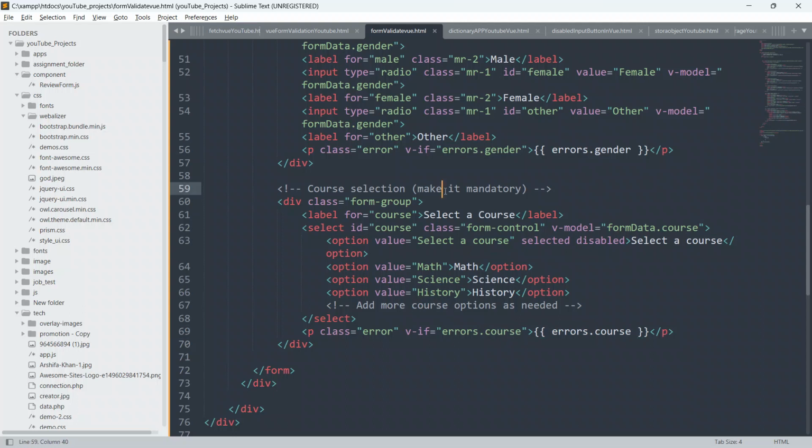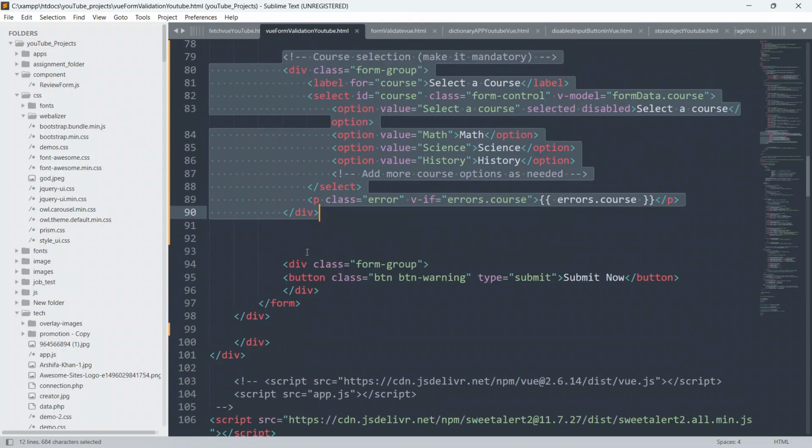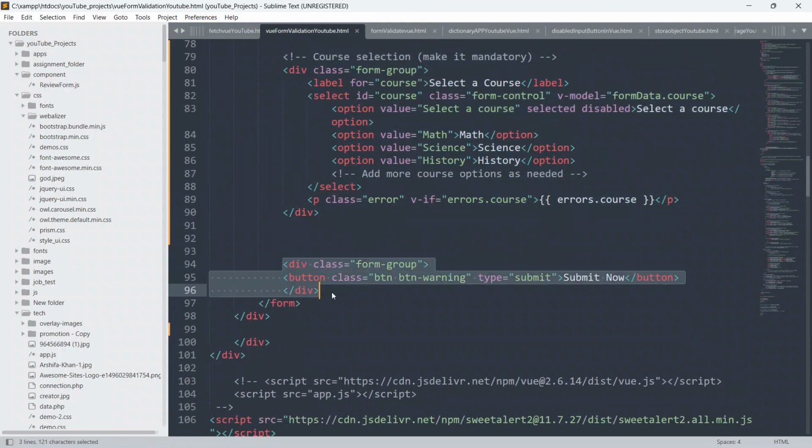So this is a mandatory field, you have to choose. You have to fill all the input fields, all the select boxes, all the radio buttons on the form, then only you will be able to hit the submit button, and then only your form will be submitted. Okay, so now I am gonna copy the button also from here. So just copy this button here. I will explain, I hope you will understand it.